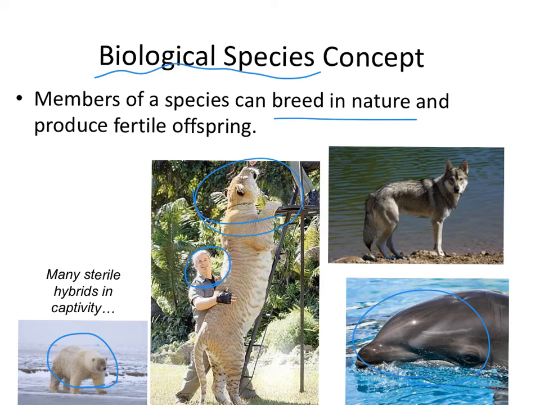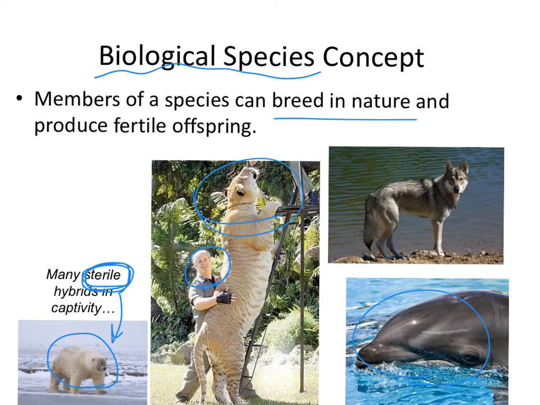Also, these crossbred animals are oftentimes sterile, meaning the liger cannot have a liger baby. This polar bear grizzly mix can't have any babies of its own. They're usually sterile because they have an odd number of chromosomes. And so when they go to make an egg or a sperm, you can't split an odd number in half to give the baby half of your DNA. So those organisms then can't ever produce babies.